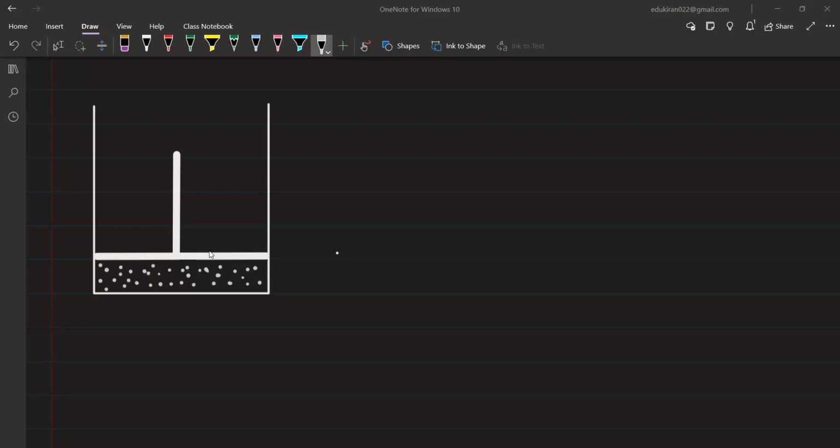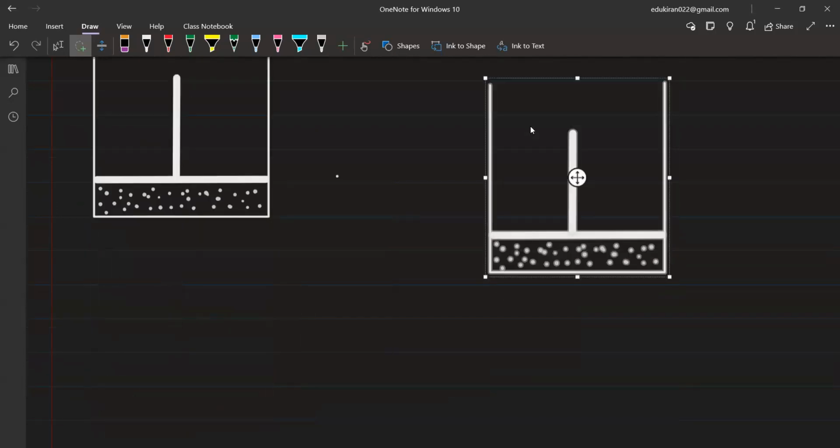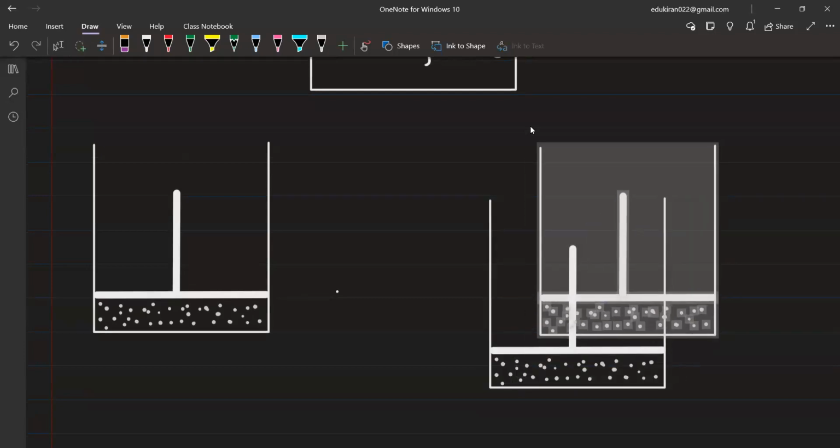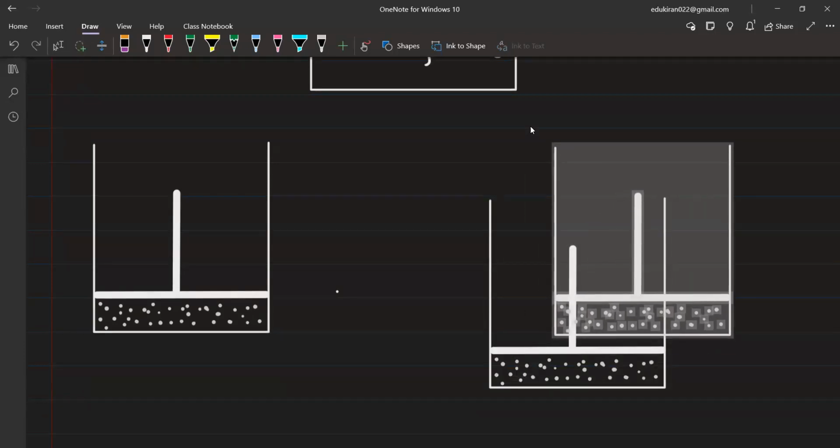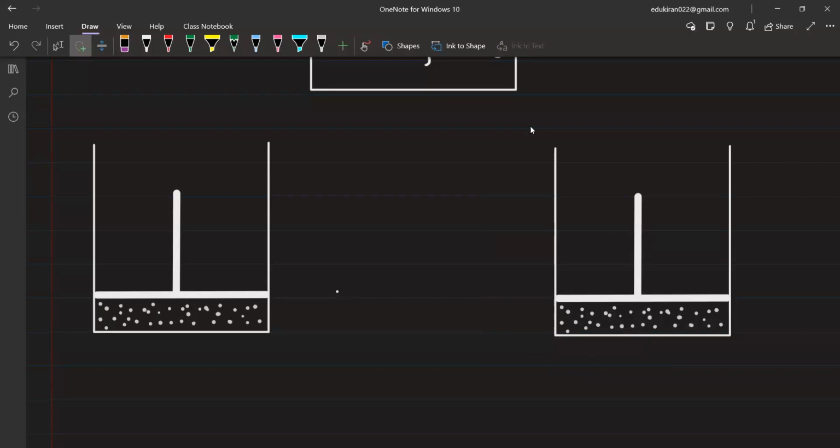Now, obviously speaking, if I lift this piston up, क्या करते हैं हम इस piston के साथ? ये आपका initial stage है, and this is your final stage, ठीक है? I have to lift the piston. मतलब हमको final stage क्या चाहिए? The piston is above. The piston ऊपर है.